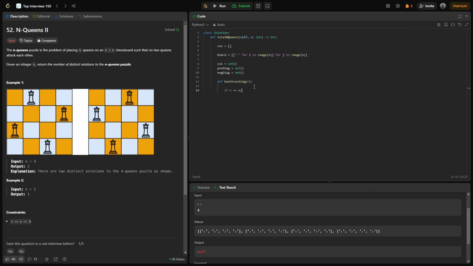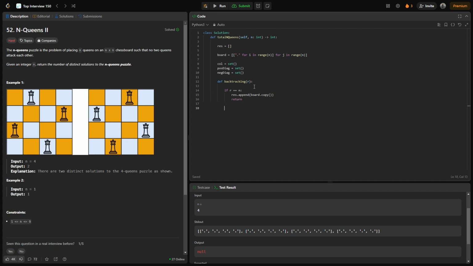So here it would be result dot append, and whatever the current board value is, I can make a copy, because it's a recursion problem. If I just add board, it would be a pass by reference, and the same value is going to keep on changing over time. So we need to create a copy. And I can return it up,